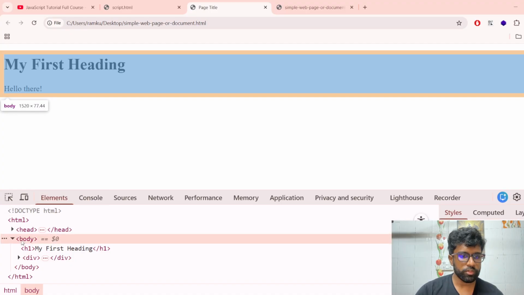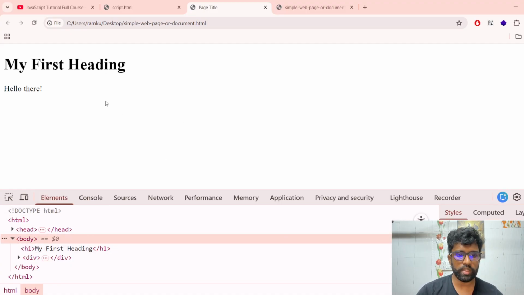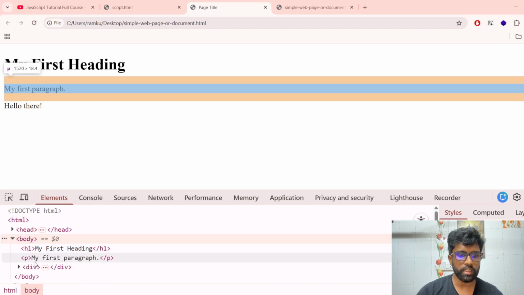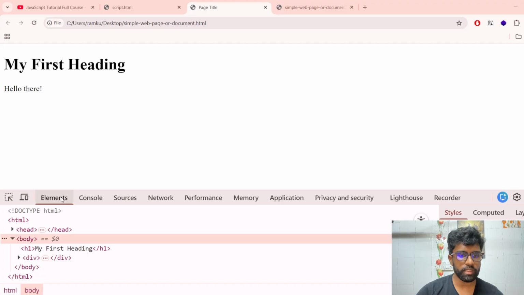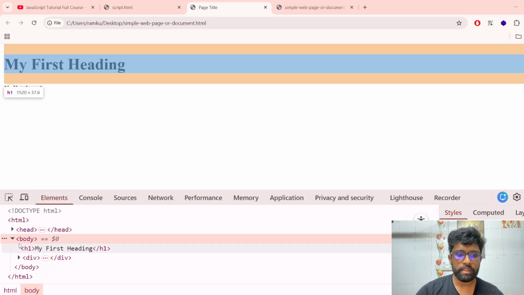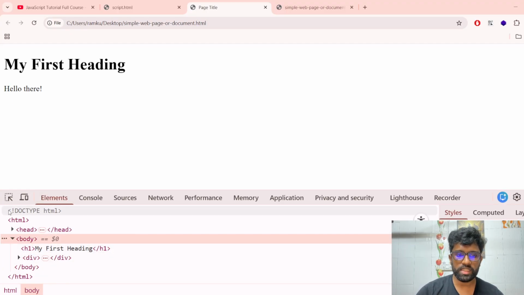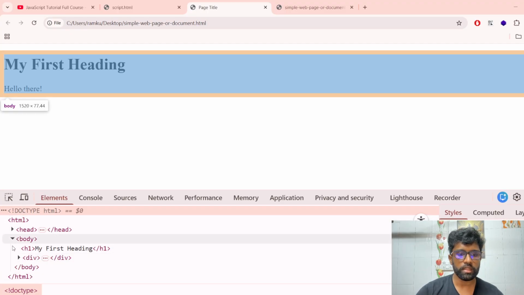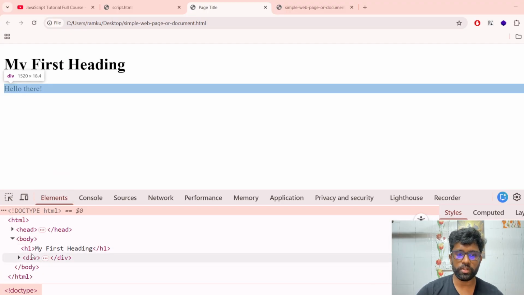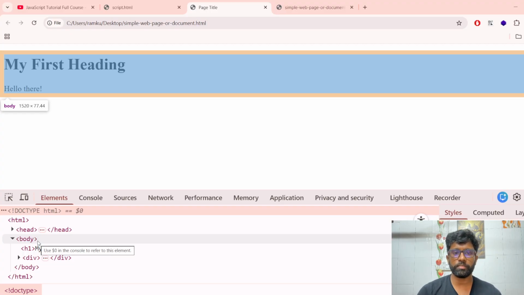So the actual thing that it shows us is here, within the body. If I reload, I will get the p back. But if I use the console and remove it, the p is removed here. So this section or this area is dedicated to the DOM, and whatever you see in the web page is actually